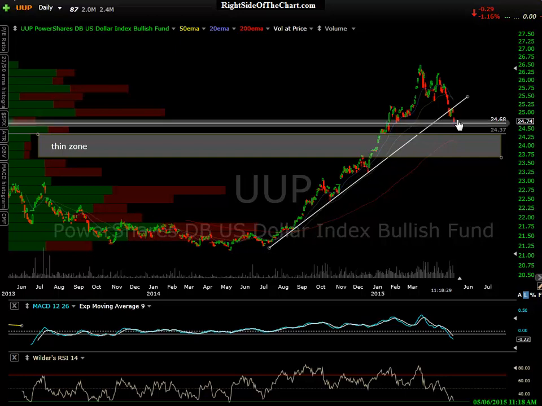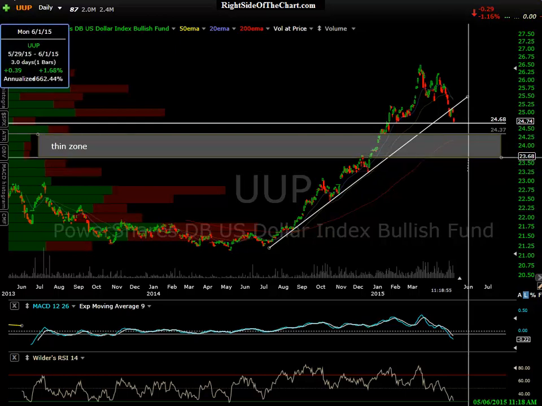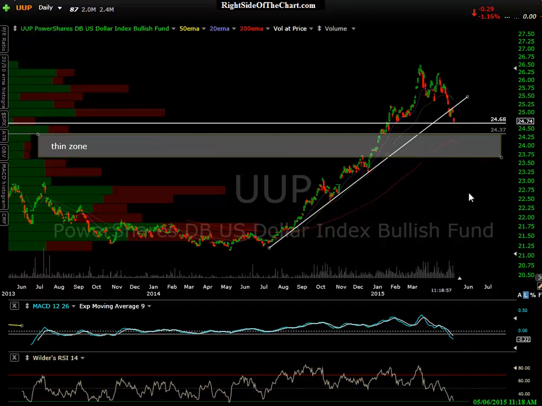So my expectation is if we do move lower, look for the dollar to find some decent support, probably at least a tradable reaction, meaning a bounce that's going to be measured in at least a couple percentage points and last for more than likely a couple days or more. If and when that level breaks, just like a gap, chances are if prices move well within this thin zone, we're looking at a backfill and probably move down towards the bottom of that thin zone, which comes in around 2370. So that's my take on the dollar.